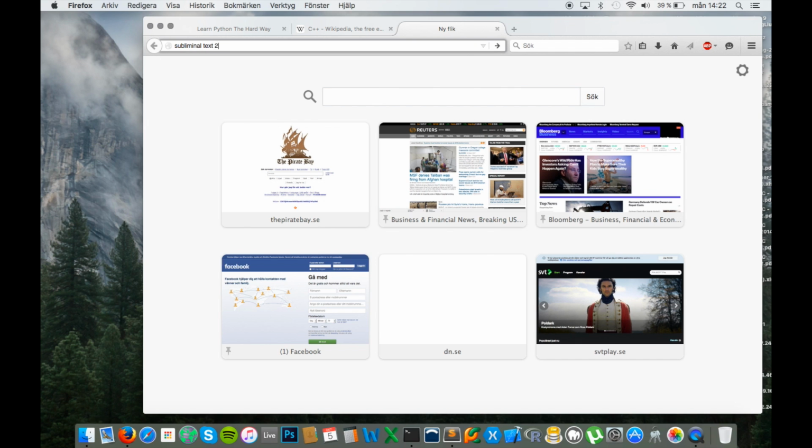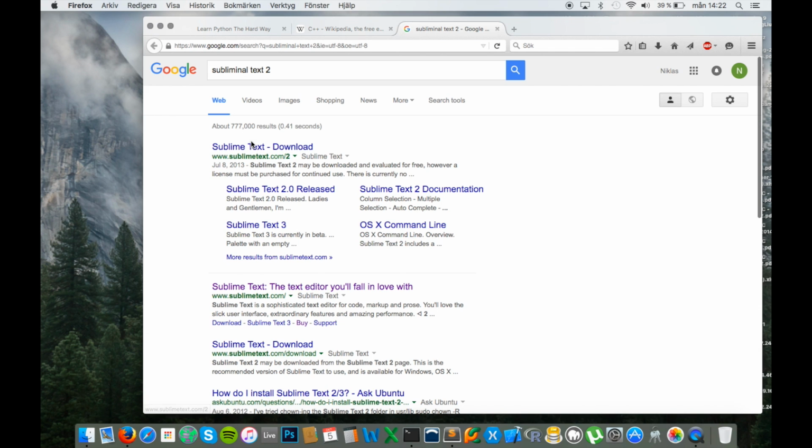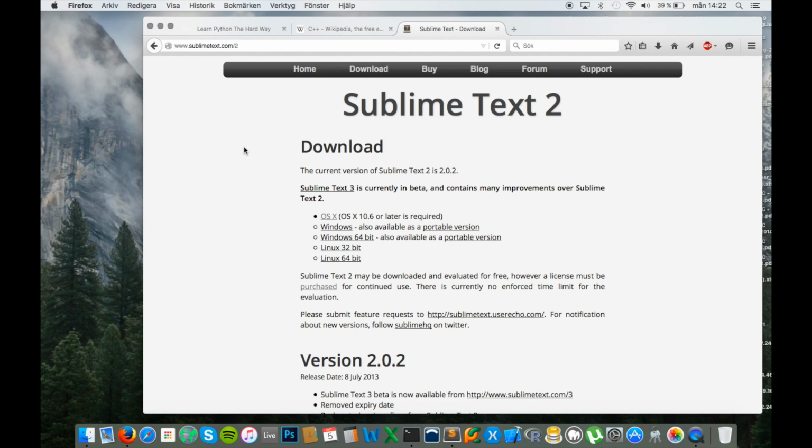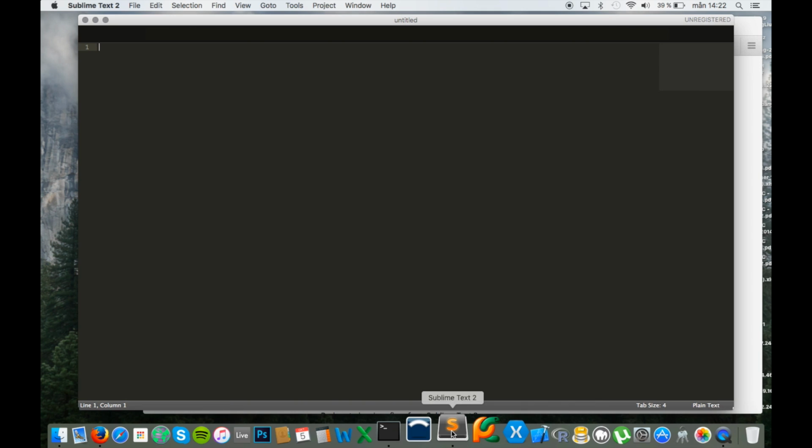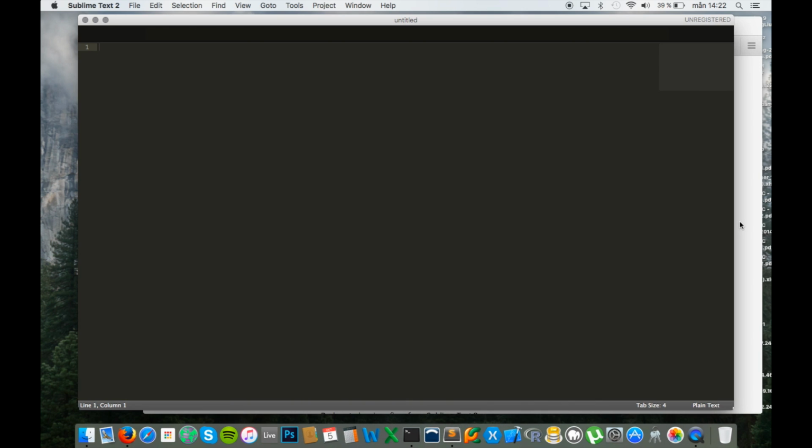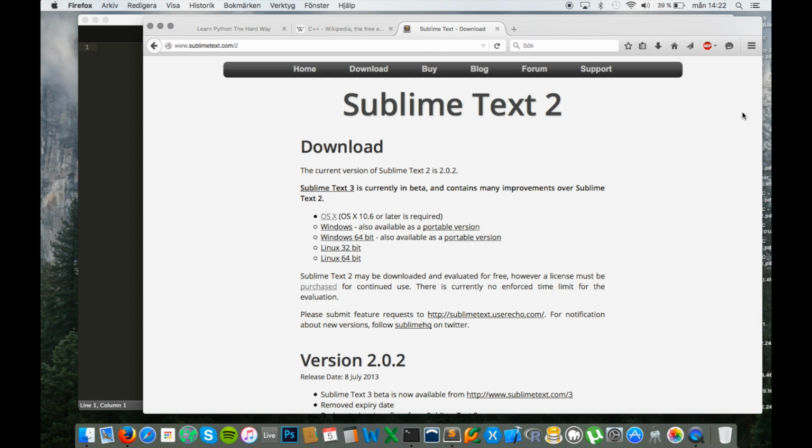Sublime Text 2. And yeah, it's free, open source, it's really stable, and it has some really cool features such as text completion. You have an overview right here. There's a lot of stuff that is just sweet with it.